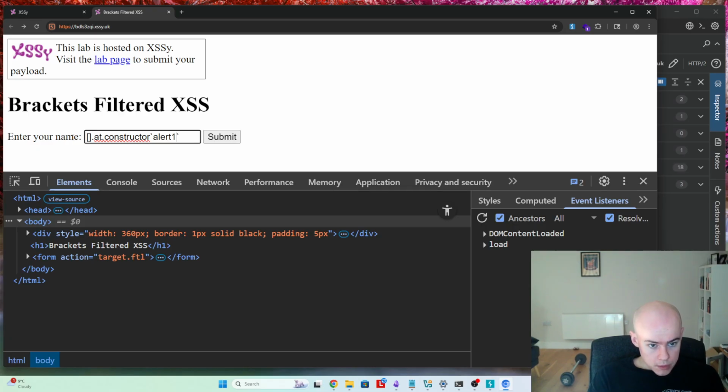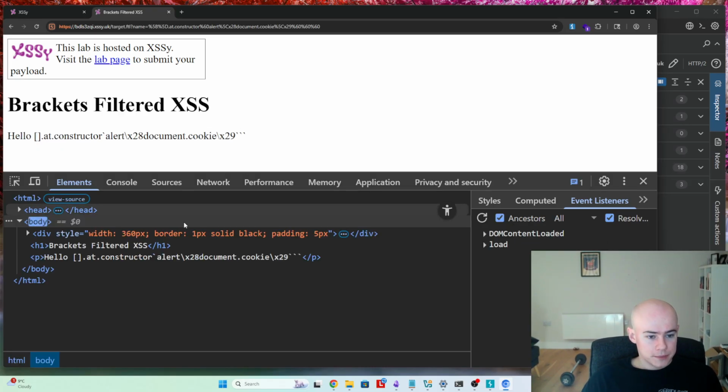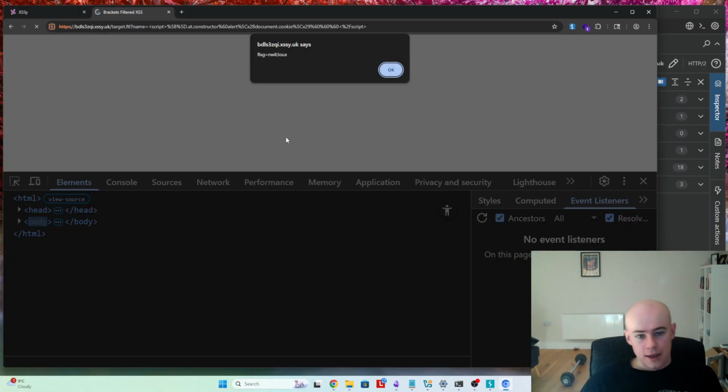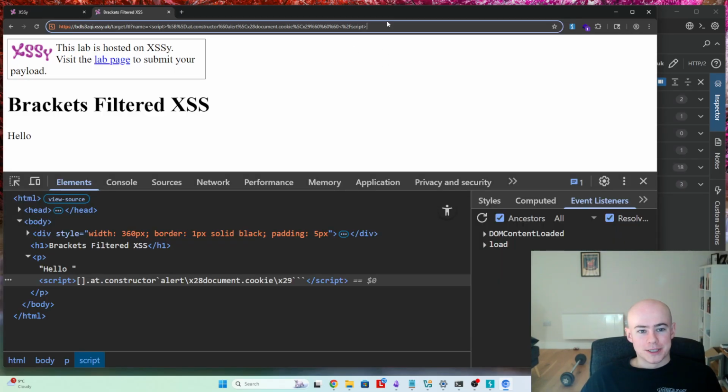Alert, percent, don't know, back 28, document cookie back 29, and then we just call that with another two backticks. So hopefully this works, and I don't look at... oh no. Oh yeah, you actually need the script tags there as well. There you go. Right. So once you've got the script tags, then you can just use exactly the same payloads